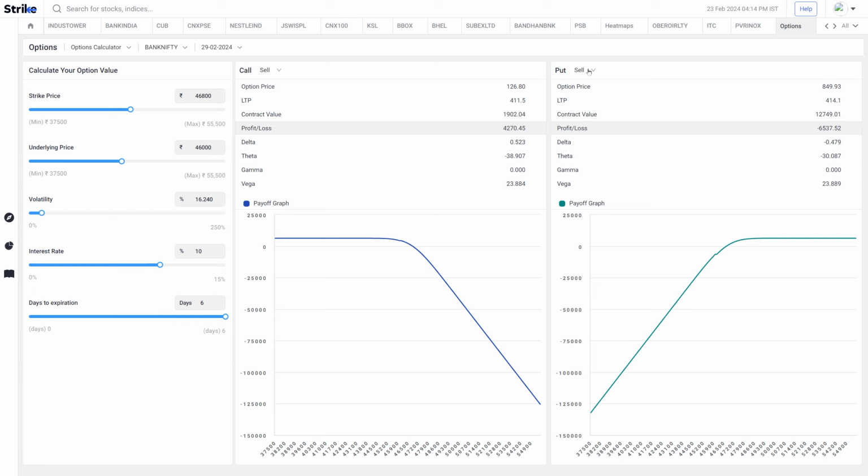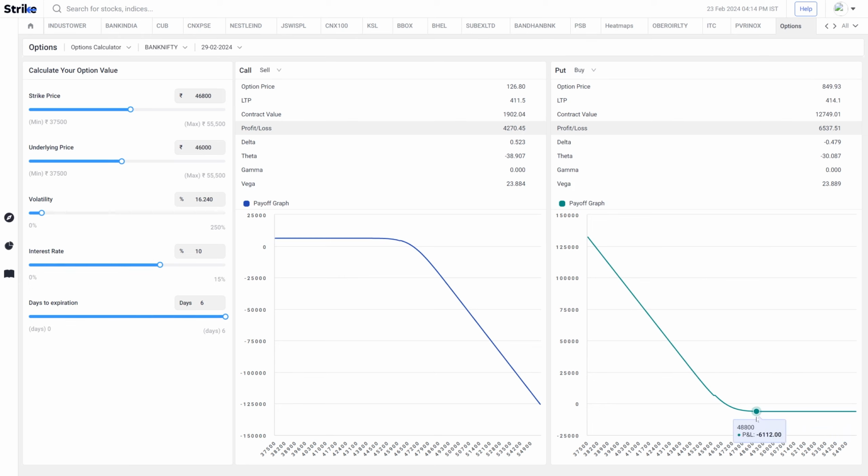If I am a put buyer, I can choose my buy side position here and it will show me the payoff graph for a bullish put. In terms of rupees, the current price is 414 and the expected price at this target will be 849.93, and the profit will be 6537. In case of the call, the current price is 411 and the expected price is 126.8,